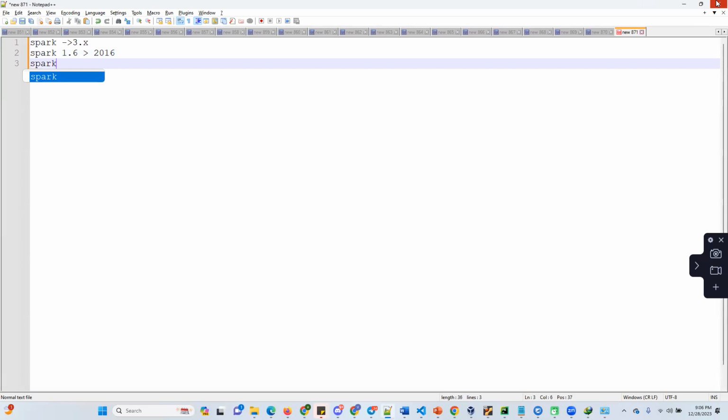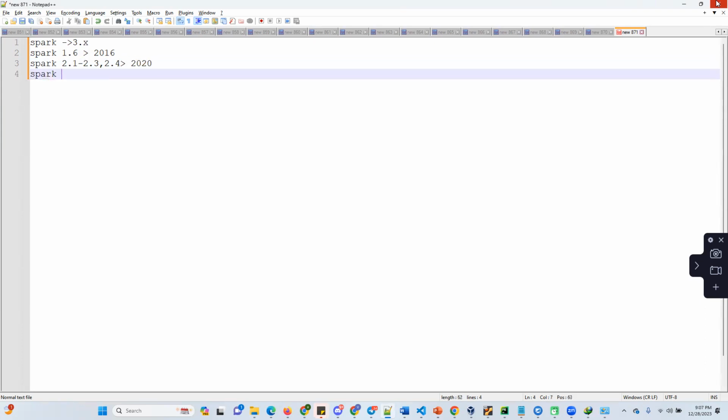Then Spark 2.x was a major release change from Spark 1.x to 2.x. So 2.1, 2.2, 2.3, like that, versions came. 2.4 was a very stable version of Spark, and that was until 2020. Then the Spark 3.x release is going on. These days you see Spark 3.0, 3.1, 3.2, 3.3, and even if you download the Spark